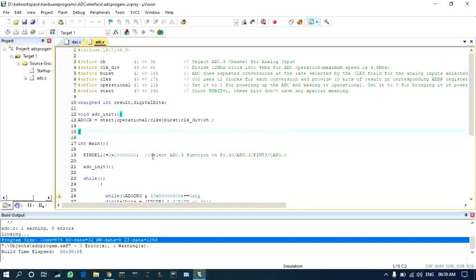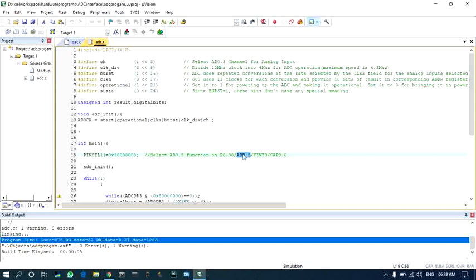So we have first configured the pin to enable analog to digital functionality on P0.30. On P0.30 we have this analog to digital conversion functionality, which is channel number 3.